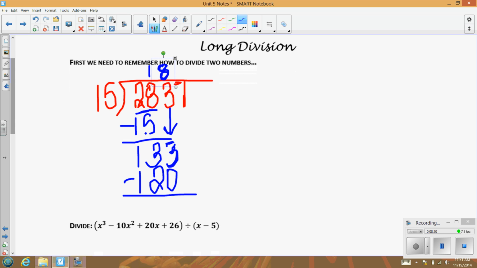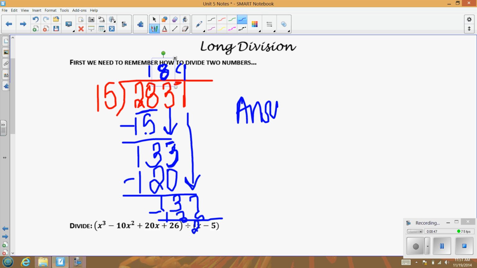So then we subtract. We have 3 and 1. Bring down the 7. And you ask yourself, how many times does 15 go into 137? The answer is 9. 9 times 15 is going to give me 135. And that means I'm left with a remainder of 2. So your answer to this would be 189,